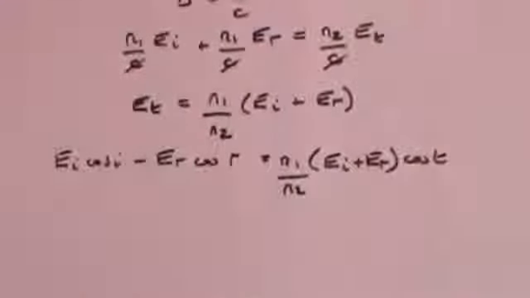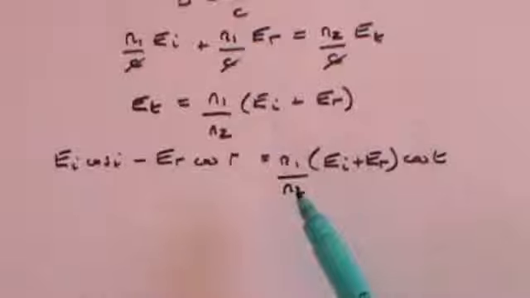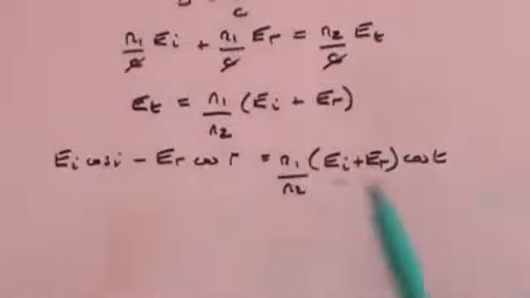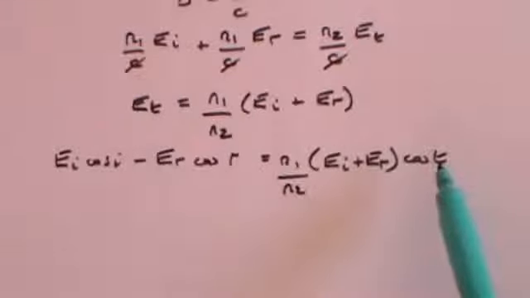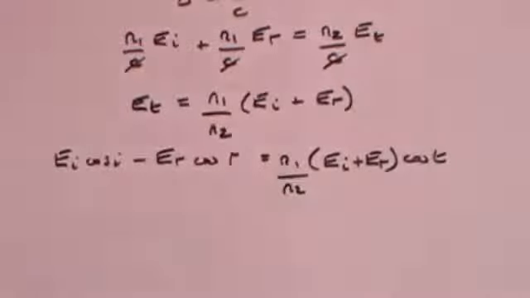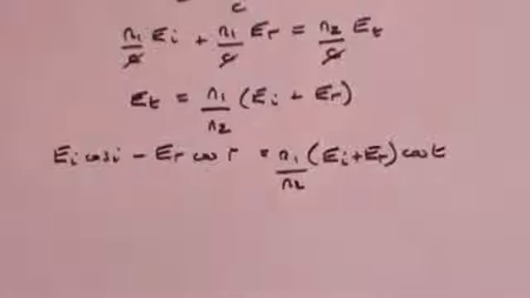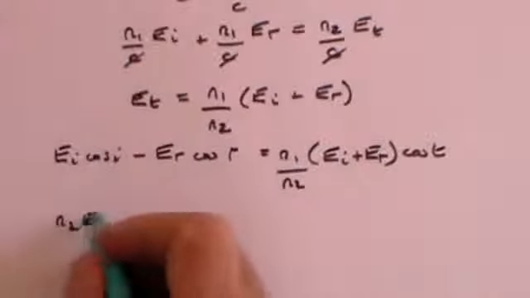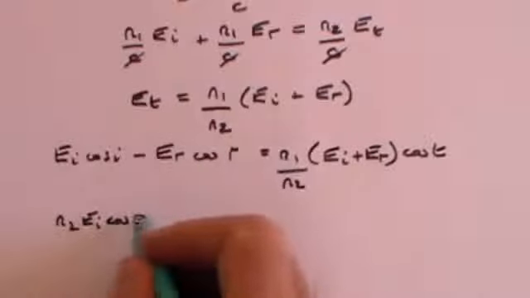Now, I'm going to do two things. Firstly, I'm going to multiply through by N2. And secondly, for I and R, I'm going to put theta 1, and for T, I'm going to put theta 2. So if I can remember how to do all of that lot, that should come out to N2 times EI times the cosine of theta 1